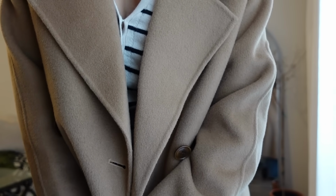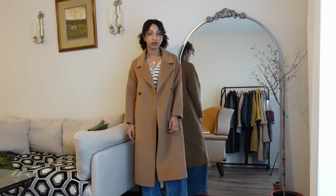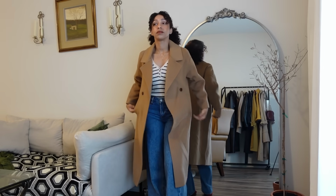It is on the thin side, but again, one, I live in a place where we have a mild winter. Two, the material helps because it is made of wool and cashmere, and so those are very nice and warm materials, but it's not going to make you sweat cold like I do sometimes when I wear synthetic materials, or most times. Because of the style, it's very elegant. Every time I have to talk about this coat, I just cannot stop talking about it because it is very nice. If you're looking for something that is simple but more elevated, minimal, more classic, it is a pretty penny, and I bought it before